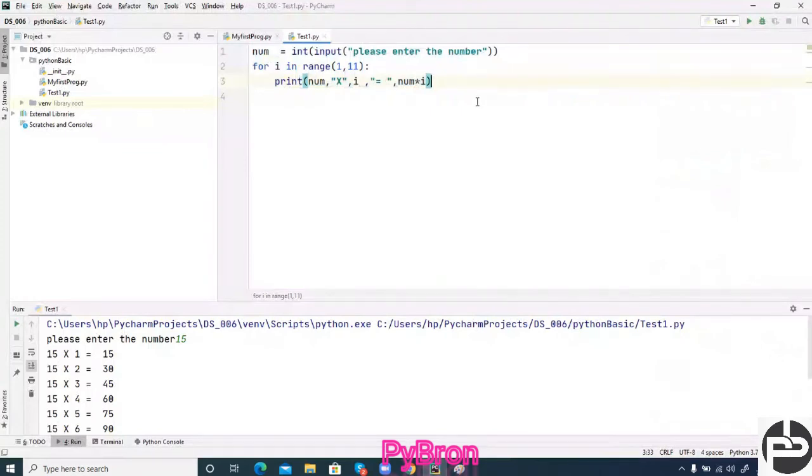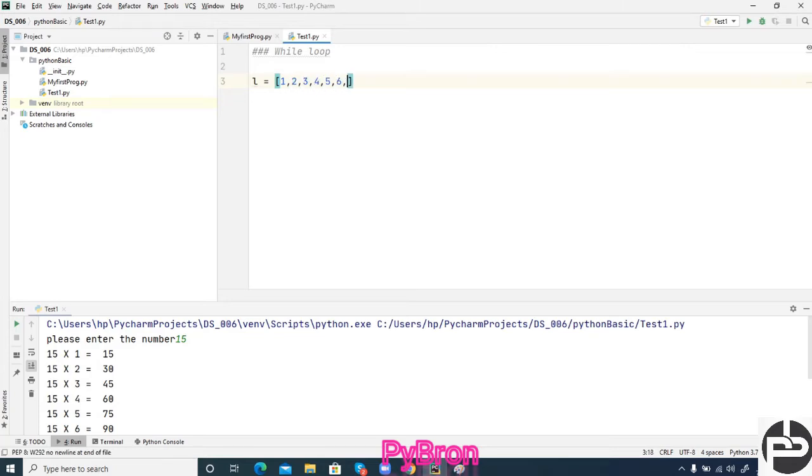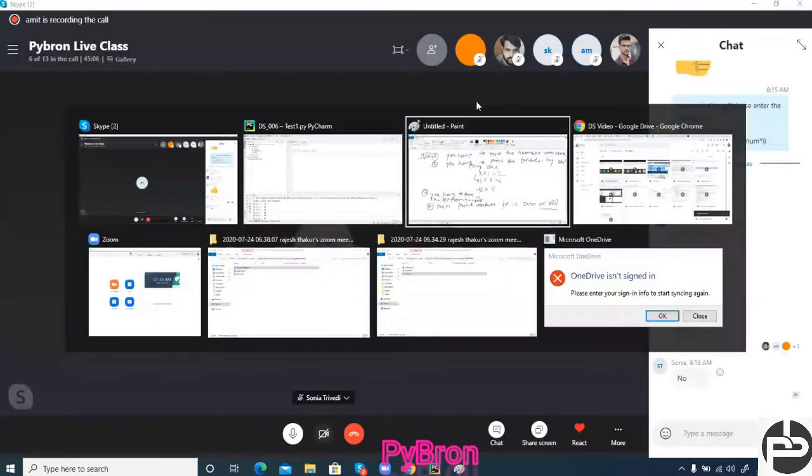Then, okay. So for loop you understood, right? Now, whatever things we did with the for loop, same thing we can do with the while loop also. Okay. So let me teach you the while loop. Now how is the while loop going to work? See, I'll define here L is equal to 1, 2, 3, 4, 5, 6, 7, 8. Okay, and now same thing we did in case of for loop, if I want to take a number one by one. And one more homework to you guys.